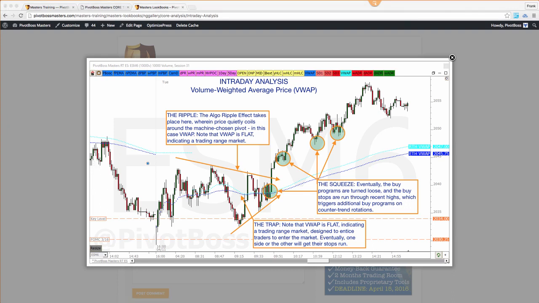And so the algo ripple, again, this is what I mentioned before. You have two phases. One where you have a pivot and you get the expanding ripple, which is the phase where the algos are trying to generate movement, by subtly getting this thing to go back and forth and rock the stops on either side. And then you have the reverse, which is the contracting pivot, where you get the impulse back here and then it begins to coil around that pivot, coil until finally it takes it bid or offered.